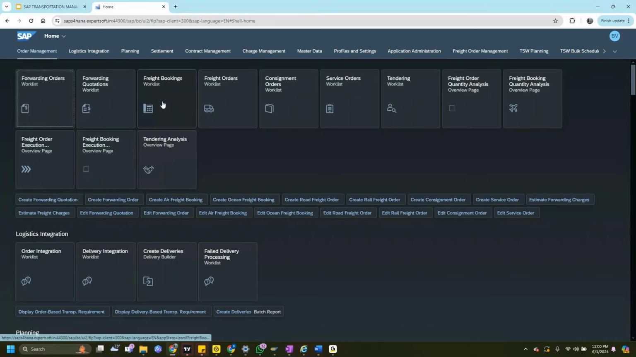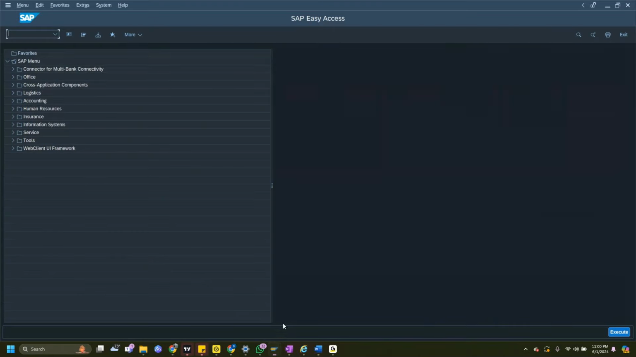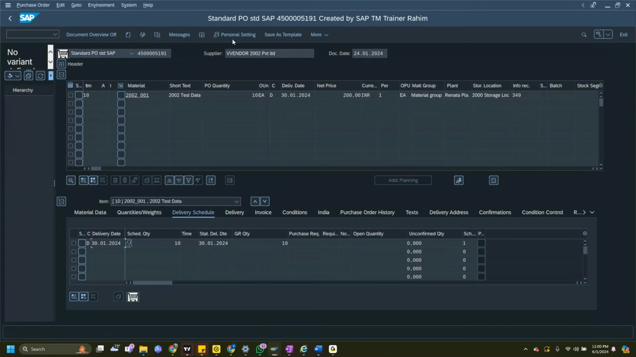So coming to Gautam, you are aware that currently in your classes you are always working on a system like this, where you go on to ME23N and do stuff, right? This is called GUI. That is an interface where you work on creating stuff and everything. So SAP was always like this, but